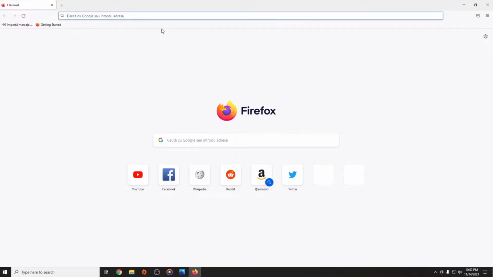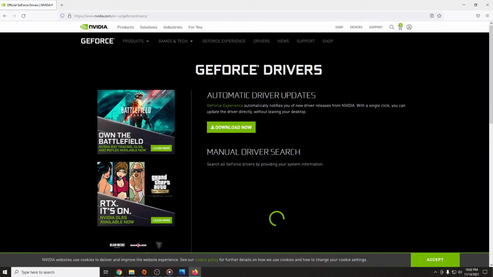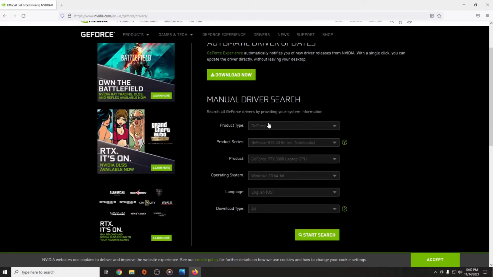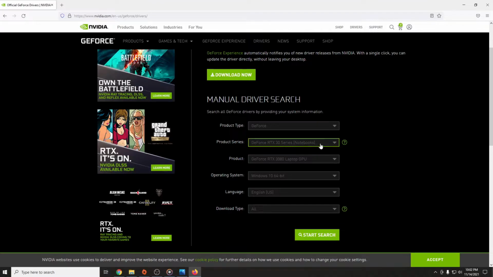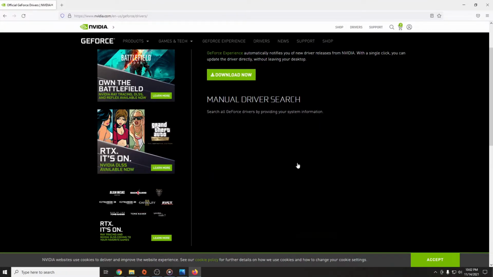First, for those who have an Nvidia graphics card, you have to open a browser and put this link here that you're gonna find in the description. Enter it, and here you have to complete with your GPU. In my case it is a GeForce 10 series,